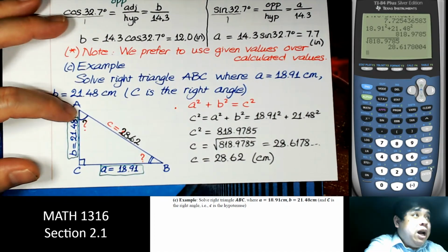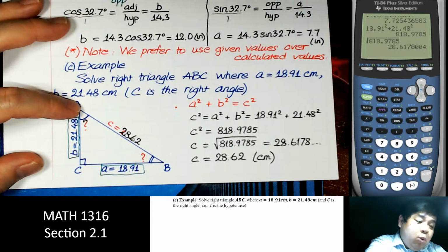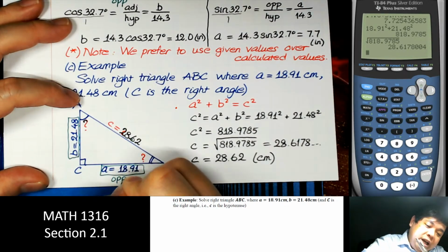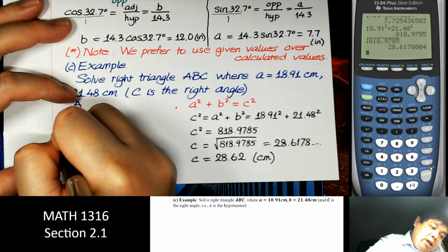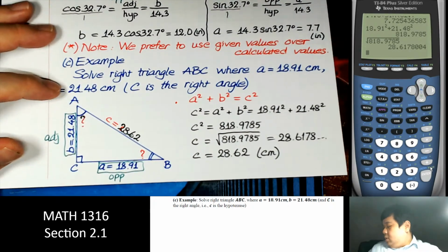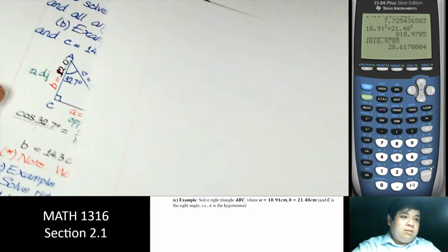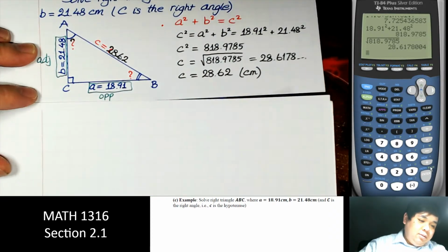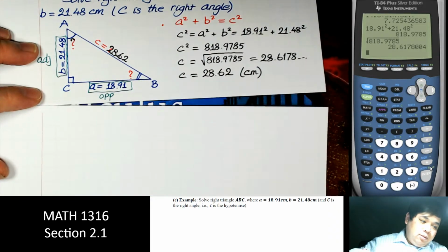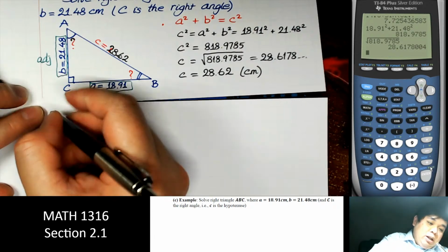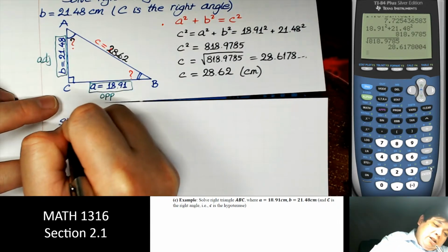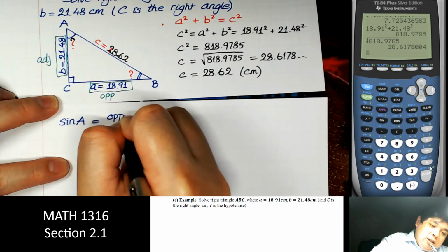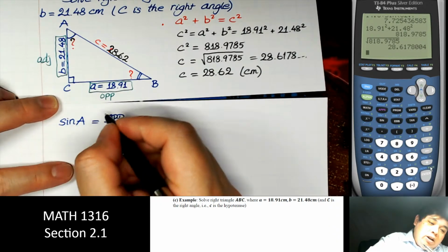So we're trying to find angle A. With respect to angle A, what we have is opposite to angle A and adjacent to angle A. So we write sine of A equal to opposite over,